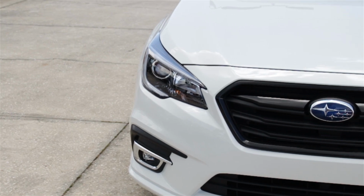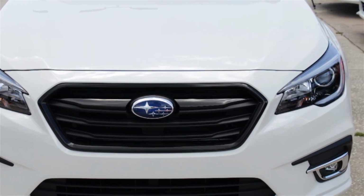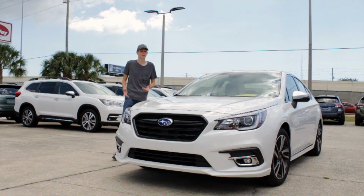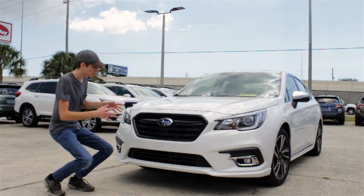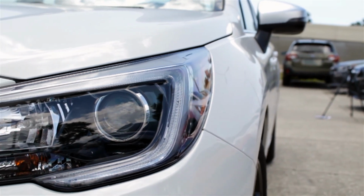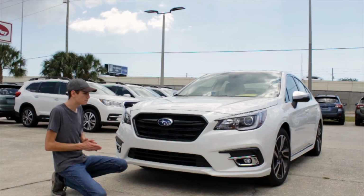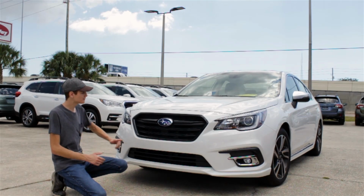Now, because this is the Sport model, this particular Legacy is going to see quite a few really cool upgrades on the exterior of the car that you're not going to get on your base Legacy, and it might be worth the extra cost. And it starts in the front of the car. Now, obviously, you get all the normal standard features like these gorgeous LED daytime running lamps with the halogen bulbs inside, the fairly decent front fascia design, but the Sport model receives one really cool upgrade, and it's this gloss